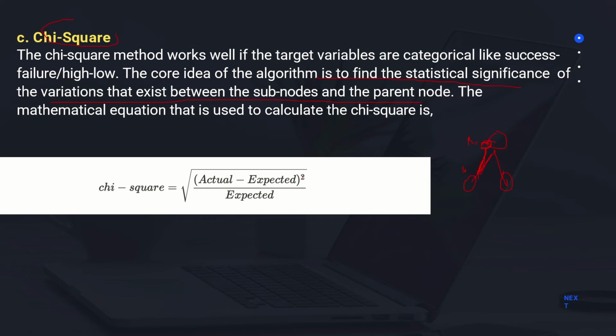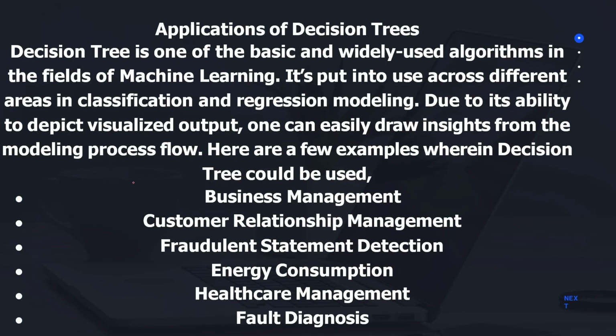So actual value minus expected value, whole square, divided by expected, all under root. So we find the chi-square with the help of actual minus expected, whole square upon expected, overall under root value. Now moving forward with the decision tree, we have certain applications of decision tree in